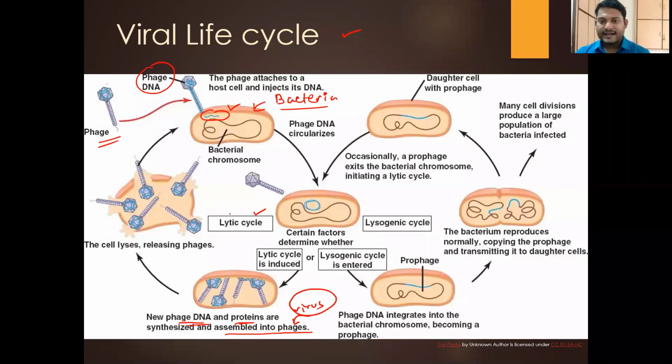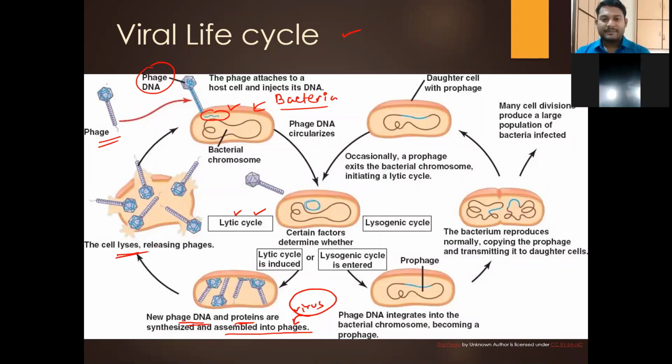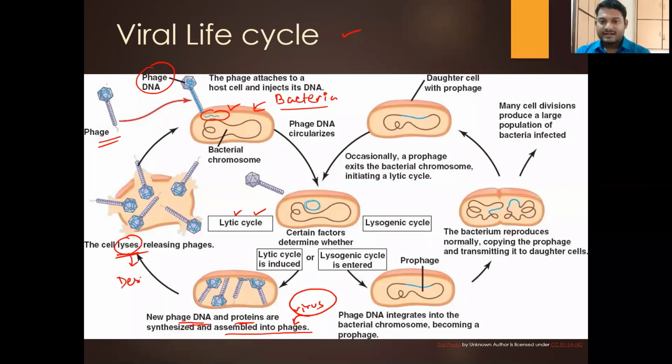Phage here again means new virus. So we create new viruses in the lytic cycle, and when you have enough of the viruses, finally the cell is going to lyse. Lyse means it is going to destroy the host cell and finally release the phages, or the viruses, as you can see. The viruses are then free and they can infect another host cell or another healthy cell. So in the lytic cycle, the host cell is dead and new phages, or new viruses, are created.